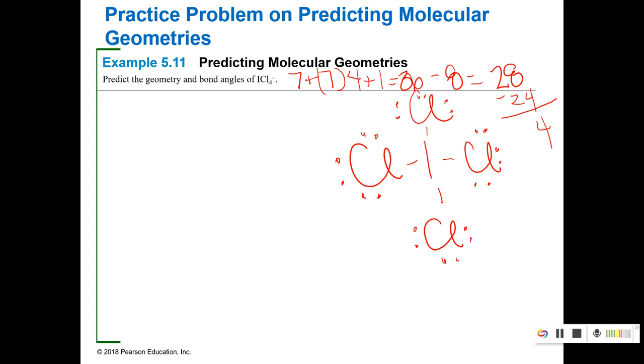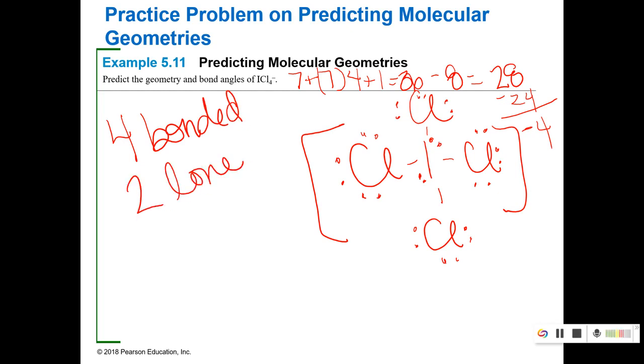I is in row 4 or 5. Let me go grab my periodic table. Okay, I is in row 5. So it can have up to 12. It currently has 8. So those extra 4 go on the center. Okay, so now I've got all of mine. I do need to put brackets because there is a charge. So I've got 4 bonded